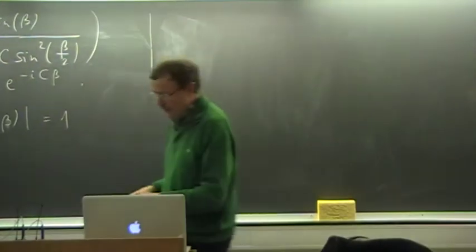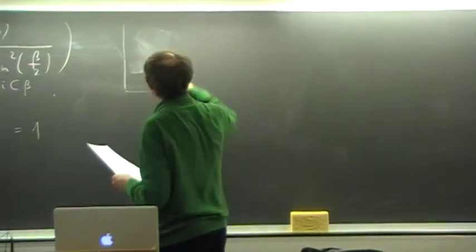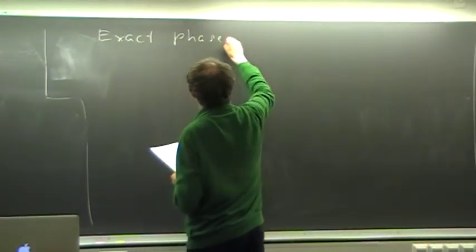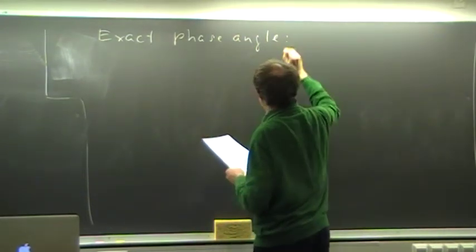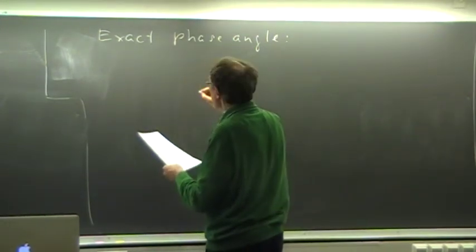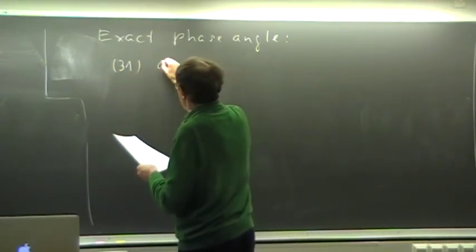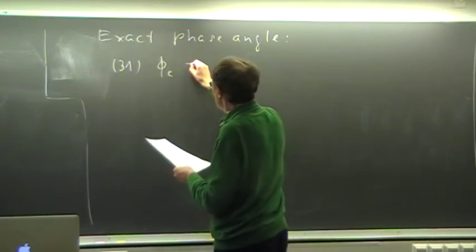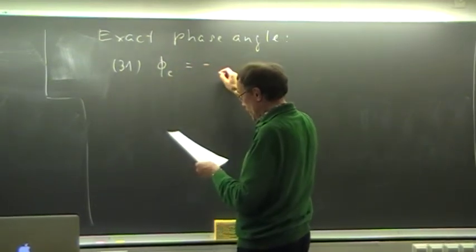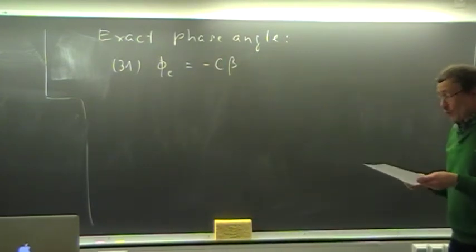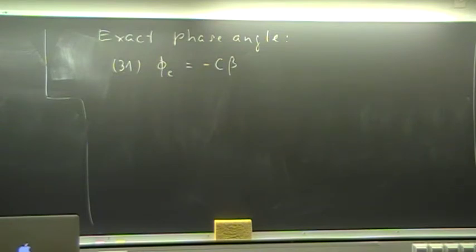So that is then just to have that clear. The exact phase angle is then the one that we had last time. We call it phi e for exact. That is minus, we write it with the beta, we write it in this way. And now the comparison is done of the phase that we get from the numerical method, that is 35,